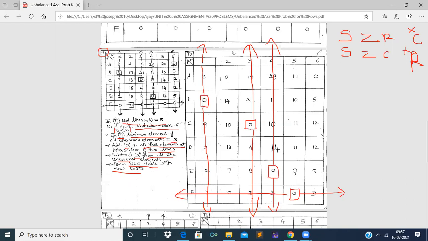And in the same way, we are searching for single zero column for 6th column. So the 6th column is also containing a single zero. Therefore, we put this zero in a box and we strike off the row. Why? Because to this row, the assignment is made, right? Now, single zero row search and single zero column search is finished.